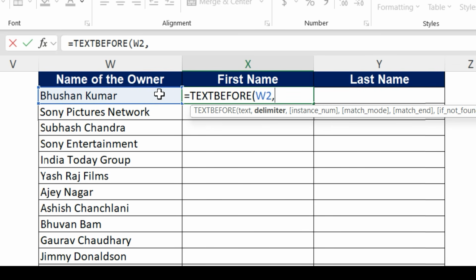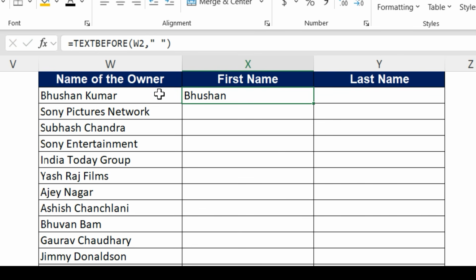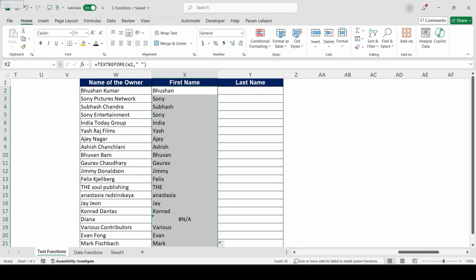And then the second, the moment I put comma, this becomes bold. Bold means now you can enter the parameter here. So delimiter is space. I cannot just use space. I have to use double quotes, space, double quotes. So in cell number W2, I want all the text before space. Okay. Now when I press enter, and now here I can just double click on this place, and if you